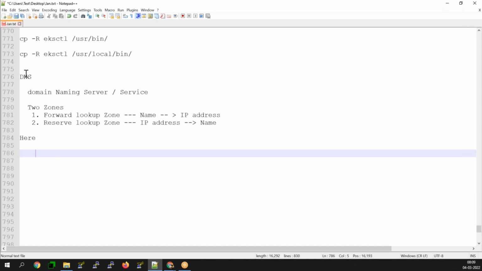You can easily remember the name of the individual. Rather than remembering the phone number, you can easily remember the name of the individual, right?